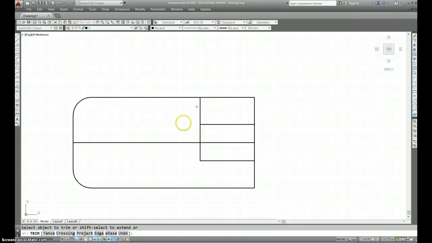and I want to trim, my mouse is quite jerky, I think I might have my snaps on, so I'll just turn the snap, no, my snap was off, it's just the program's a little bit jerky. And I want to trim that line, and I want to trim this, and I want to trim that, and then I'll go escape, and I'll erase that line,